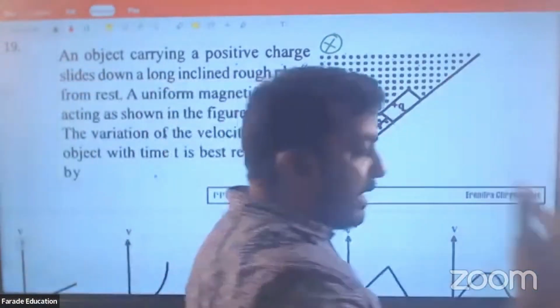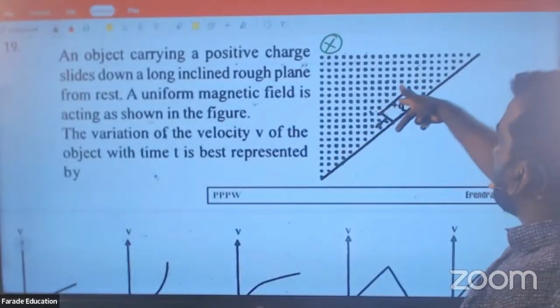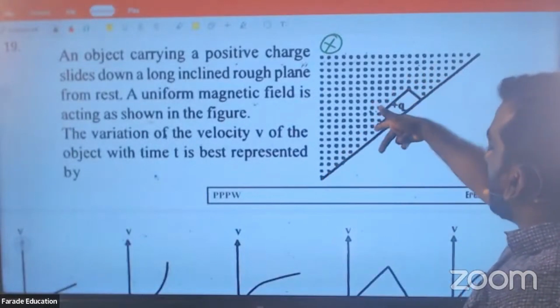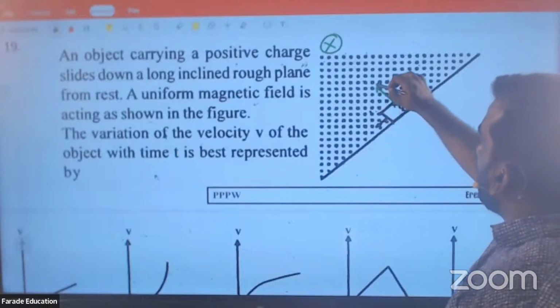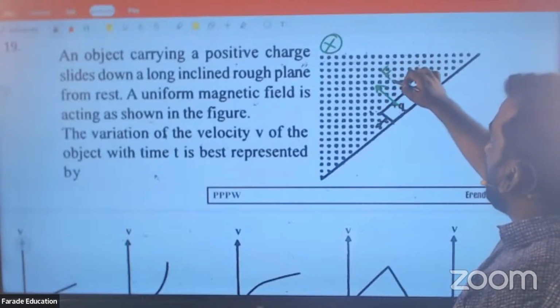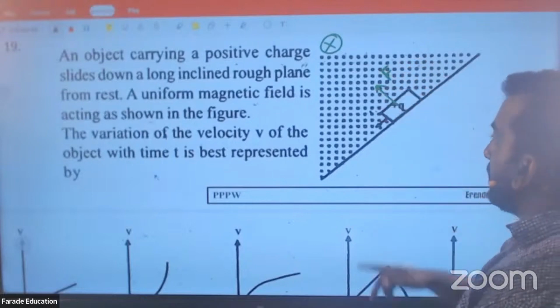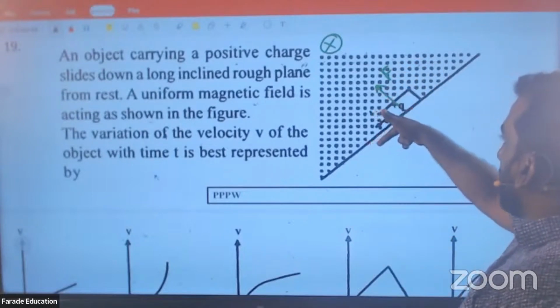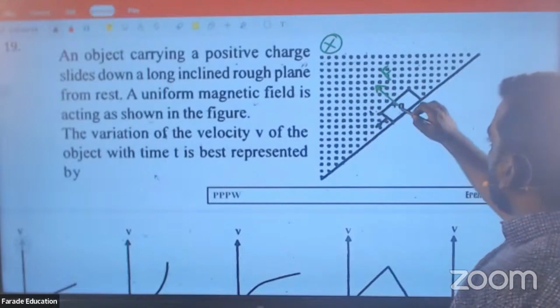Fleming's right hand rule. Field, positive charge going means current. Field, current, force. So there is a force acting, a motion acting in that direction. Field, current, motion, force. So if you look at this carefully,